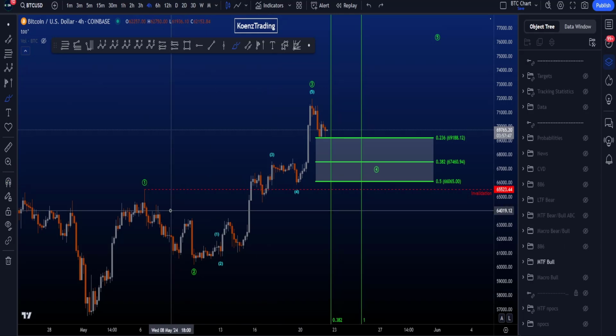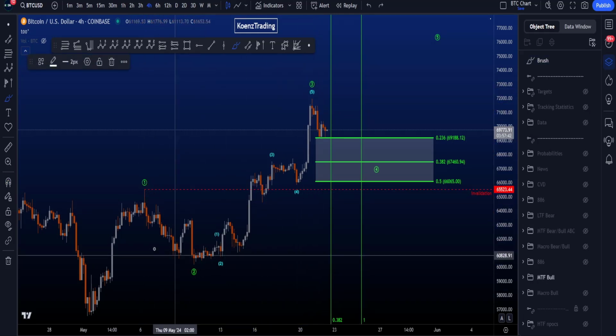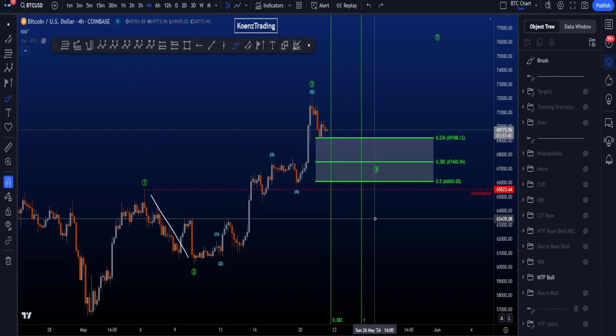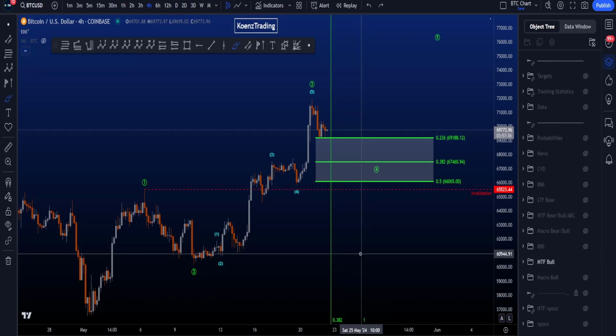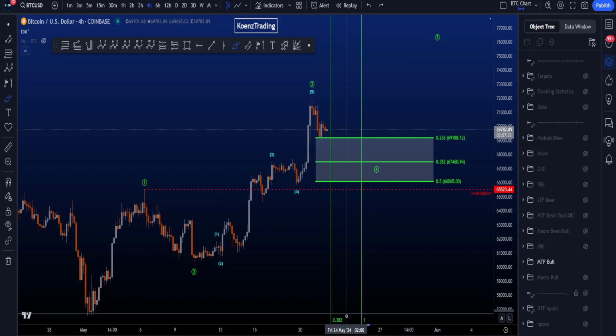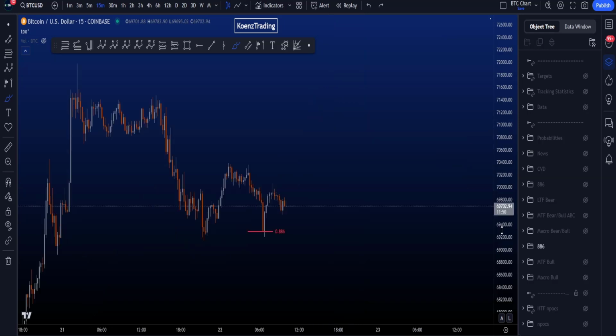So if we then take a fib time from the start to the end of wave 2 and put it on top of 3 to compare wave 2 with wave 4 in time, preferably wave 4 is finishing after the 1-to-1 fib time, sitting on Saturday the 25th of May, 10 a.m. and a minimum target would be the 0.382, sitting at today 6 p.m. Central European Time. Local price action does support the narrative that the corrective structure in that case is not yet